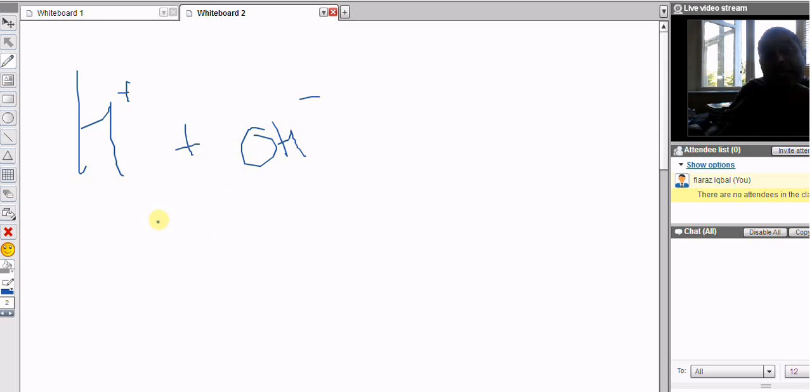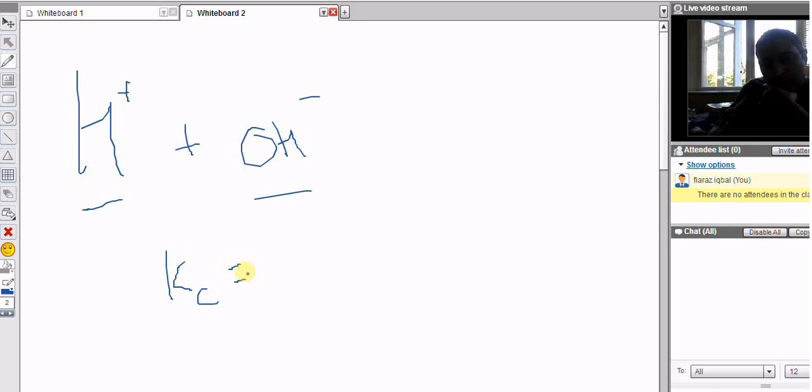Well, they're equal. So in pure water, the concentration of H+ ions must be equal to the concentration of hydroxide ions. And we can write that as the ionic product of water, which we call Kc,